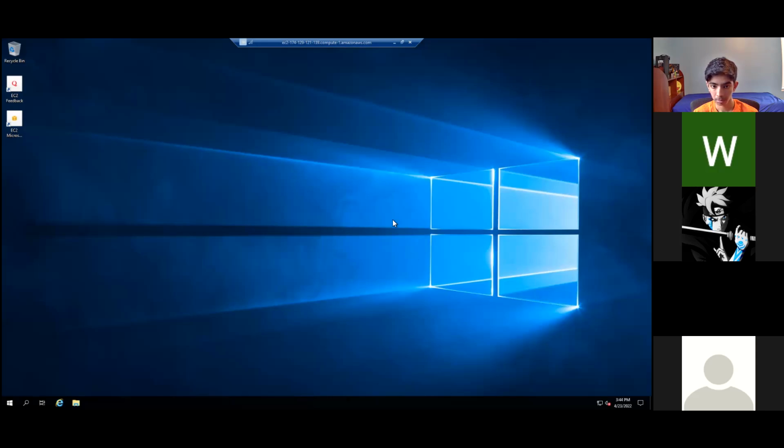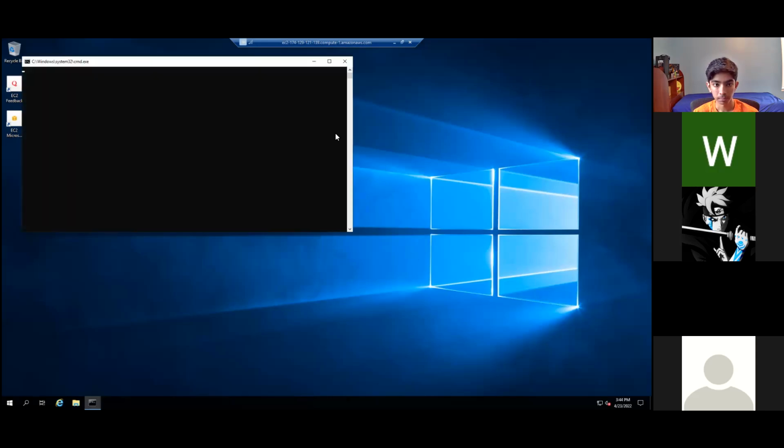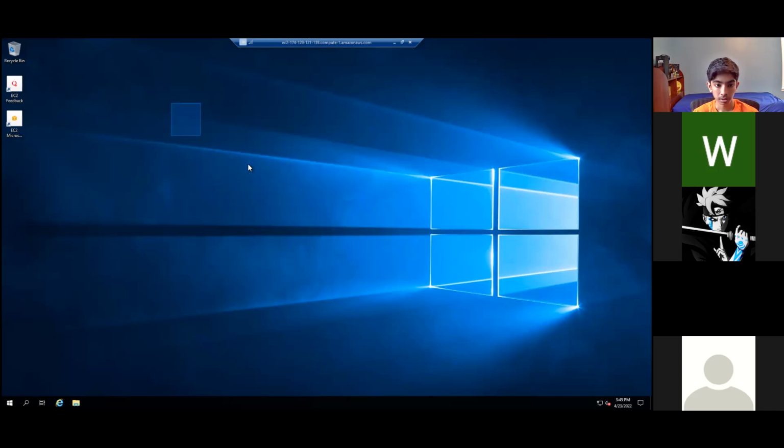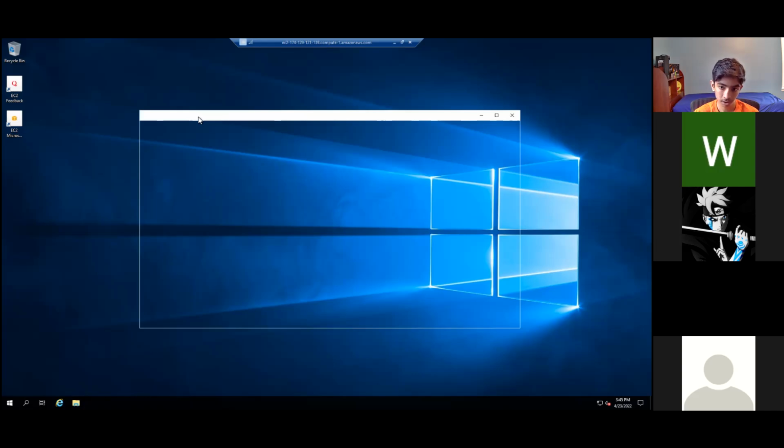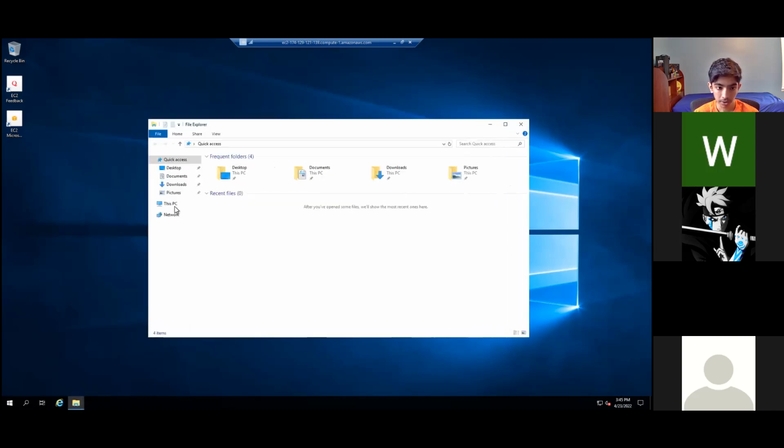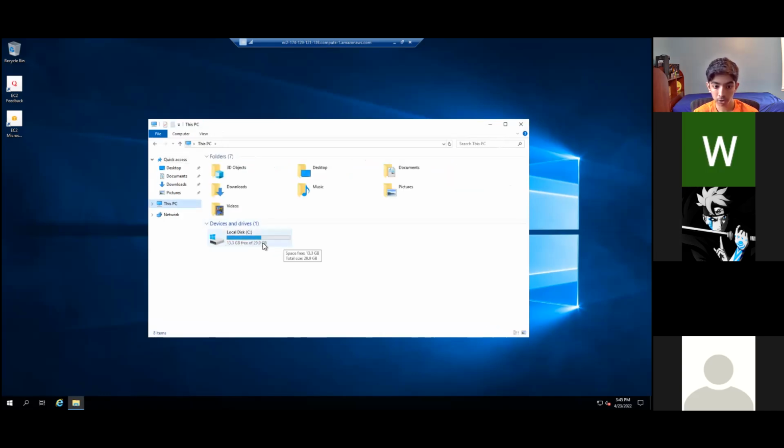Okay, perfect. Now, this is our basic Windows 10 machine, right? This is running off an Amazon server, and this is actually taking no toll on our computer at all. This is completely running off the cloud, all right? If we go to our file explorer here, in our virtual machine, not in our actual computer, I'm just going to wait for it to load. It's kind of slow. If you go to this PC, you can actually see that Amazon gave us 30 gigs